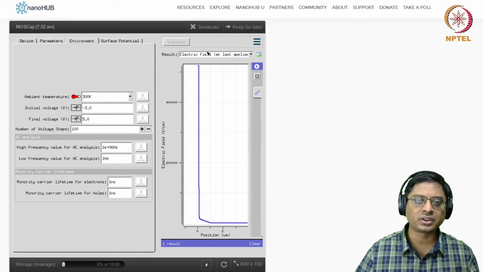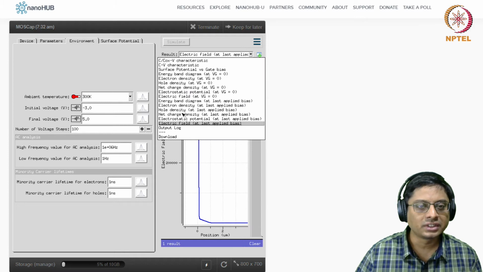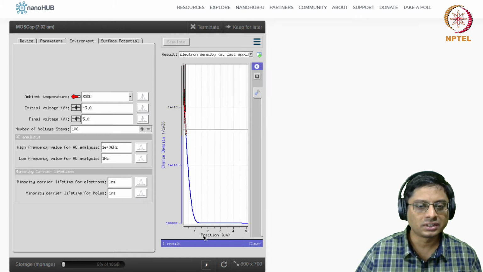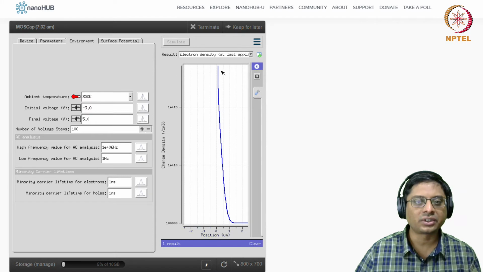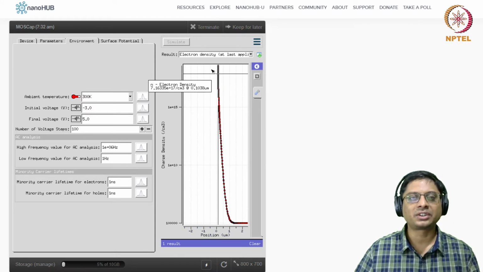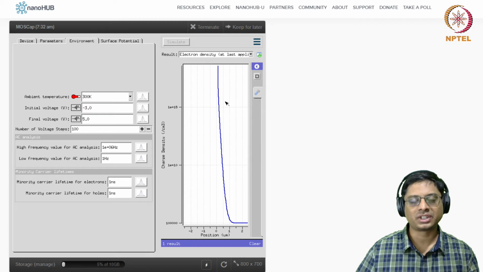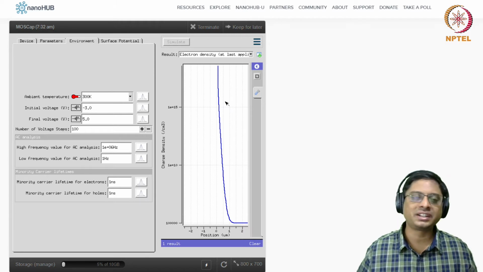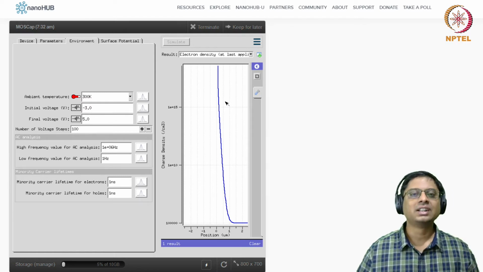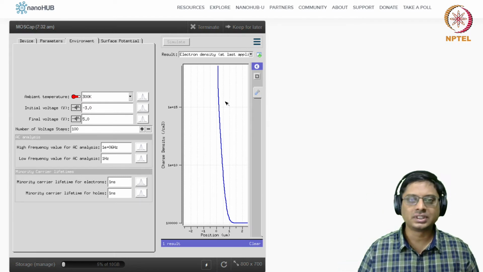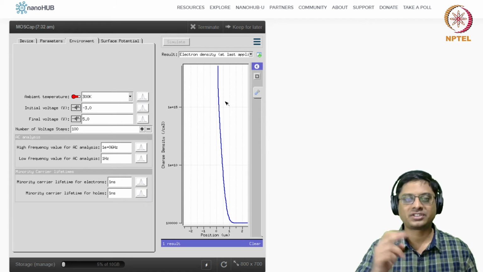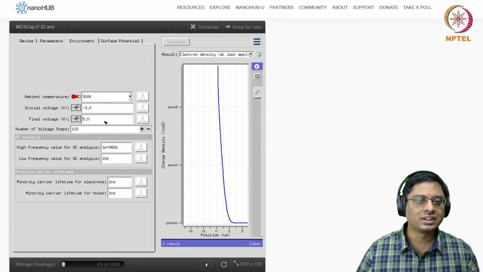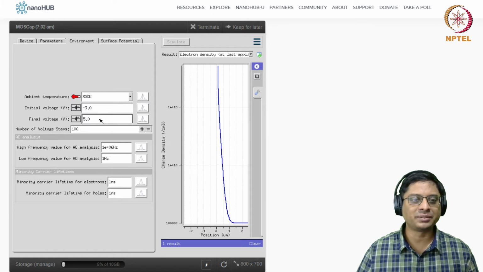So this difference is coming because if you look at the electron density in the same curve, the electron density is very substantial. So how does the electrostatics work when you have such large electron density at the surface? Well, there has to be a discrete jump in the electric field. One part of it is because of Gauss law: because of the dissimilarity in the dielectric constant, there should be a jump in the electric field. The other part of it is because of the sheet charge present at the interface, there should be a further jump.